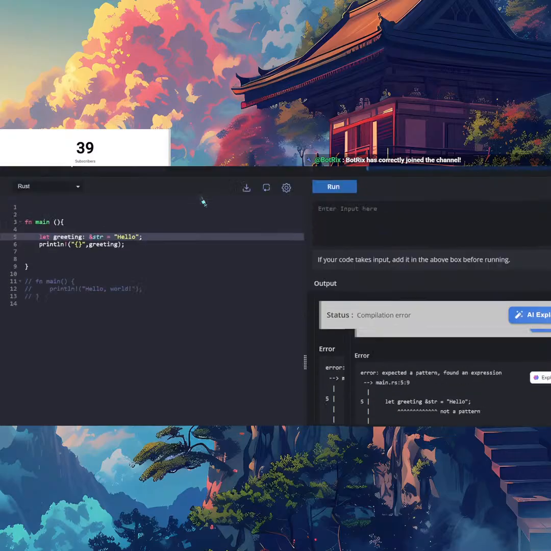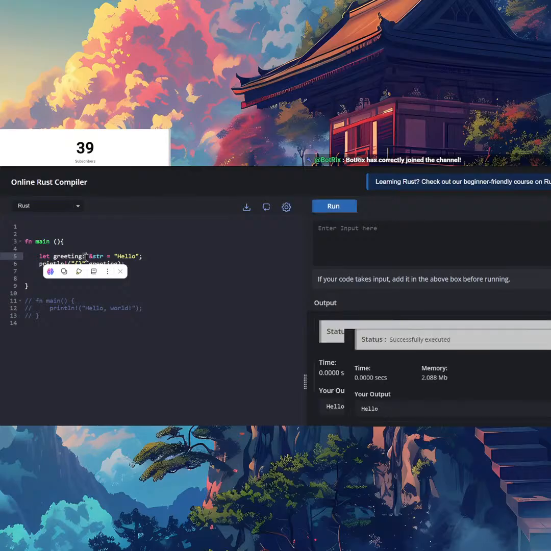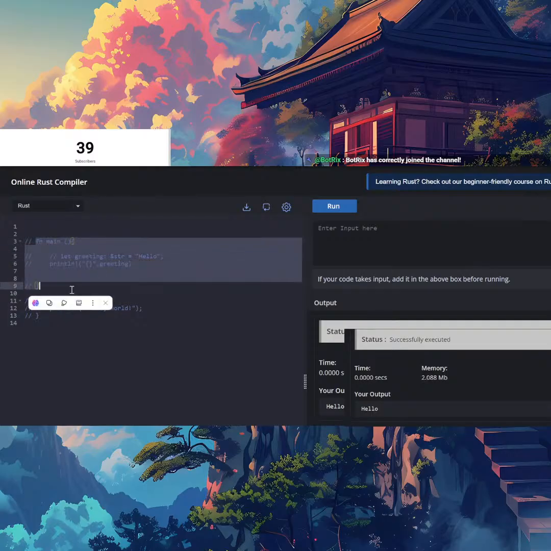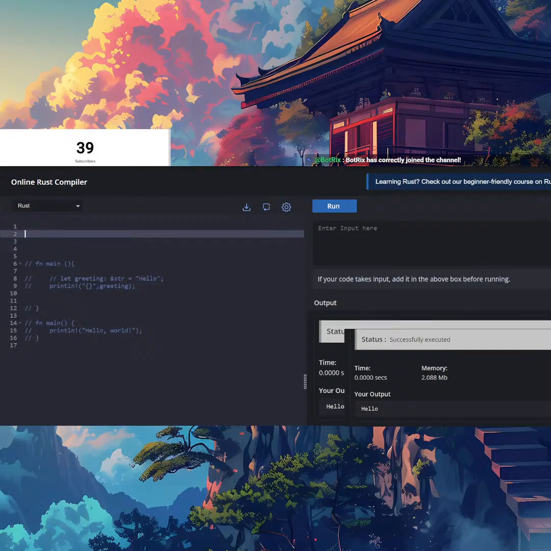Oh, yeah, I forgot about this. This is a colon one right here with the 2 dots. Basically, that means what kind of common variable this one is, because let can allow anything. It can allow numbers, strings, floats, anything. But this one makes it easier to define it, so you can have a limit to it as well. So yeah, I'm just going to say hello, something like that.